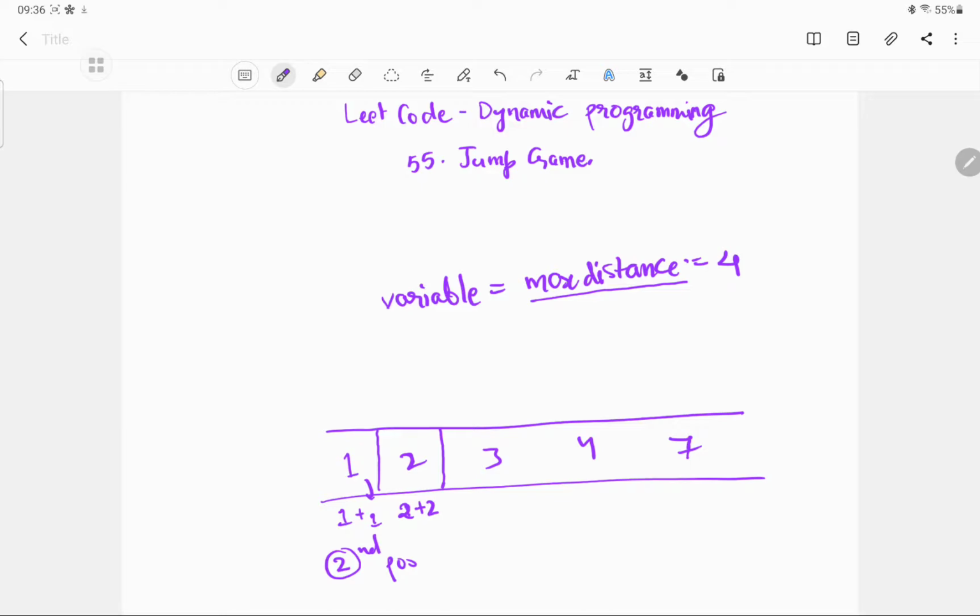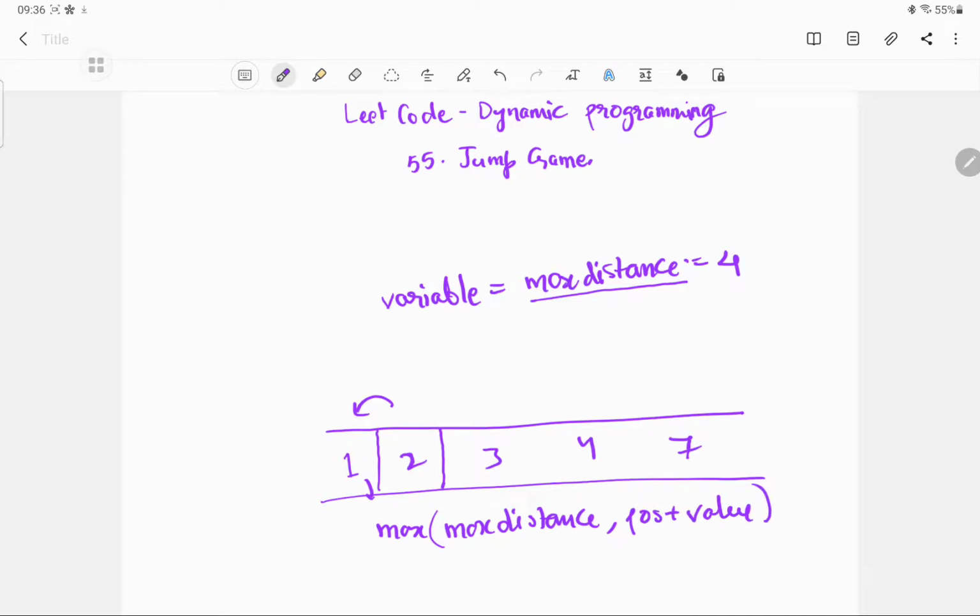But there is one more catch to it. The max distance would not just be the sum of the position and the value in it, it would be the max of the original max distance that we calculated one step before, and position plus value. It would be like this.